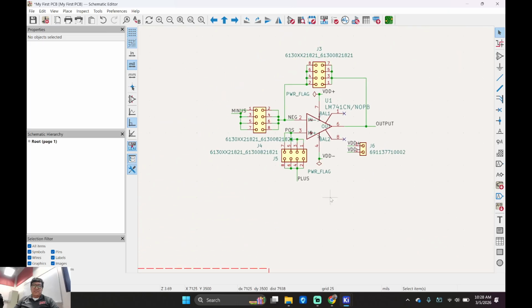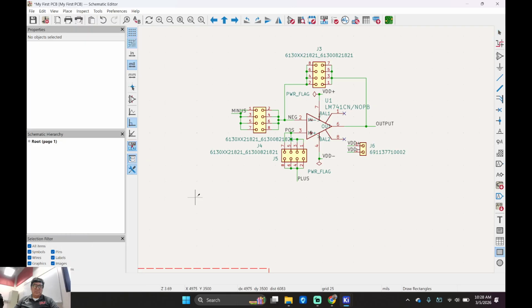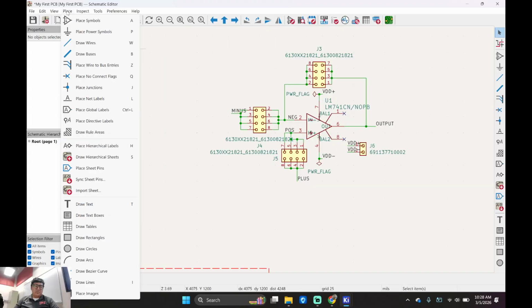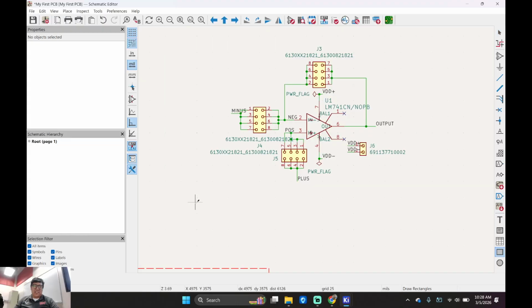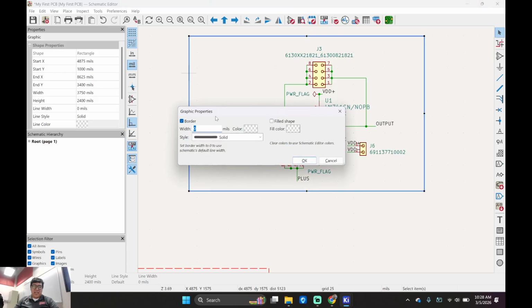What am I going to do here? View or place, rectangle, boom. Draw rectangle. Boom. Okay. And then E to edit. What did I use? 10.